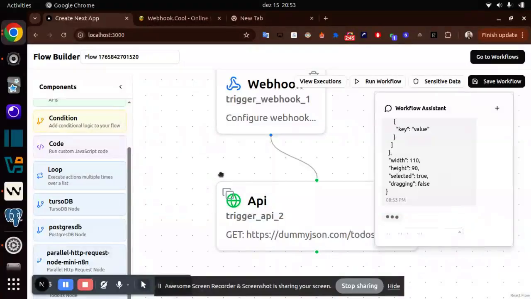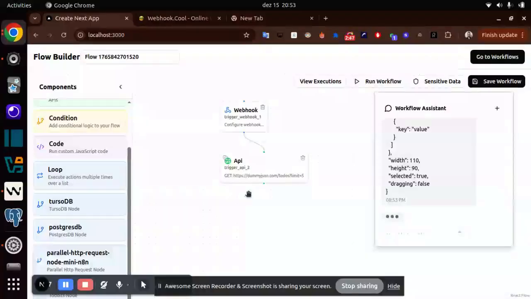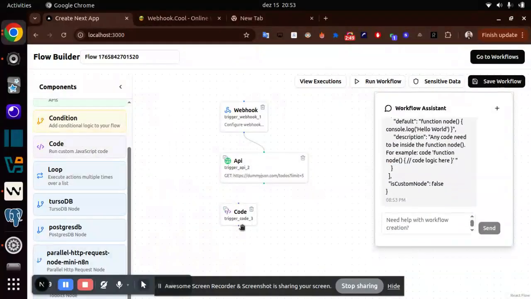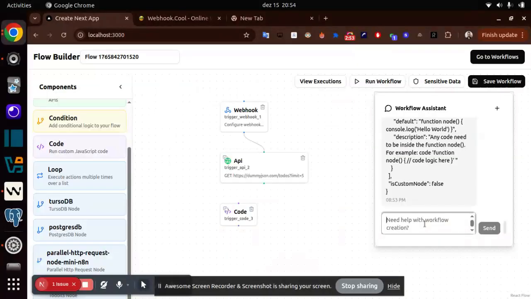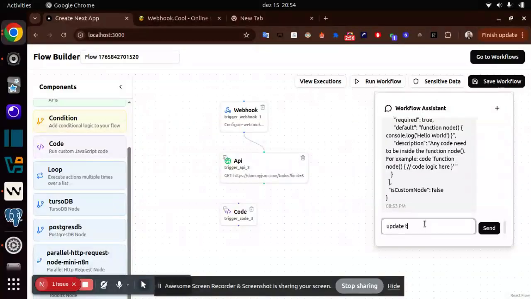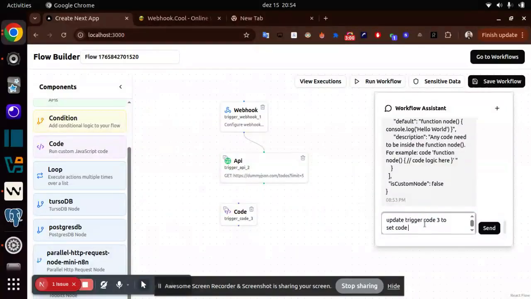So the idea is to add a new node to run code, in this case, this guy here. But if you notice, I have only this guy here. So update trigger code 3 to set a code